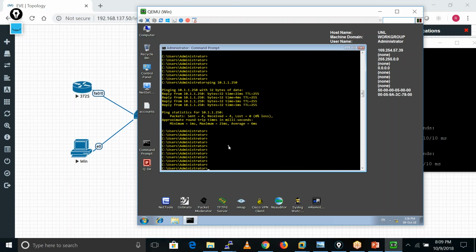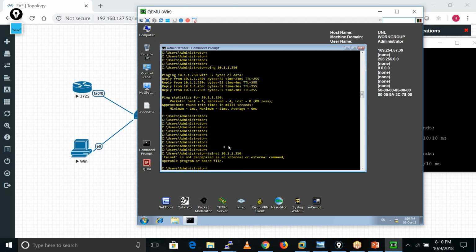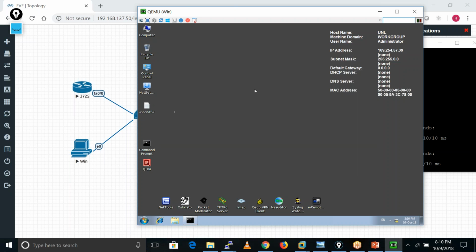Now if I try to telnet to my firewall, 10.1.1.250, and want to get telnet access of my ASA firewall, I am not able to get it. Let me also open PuTTY here.